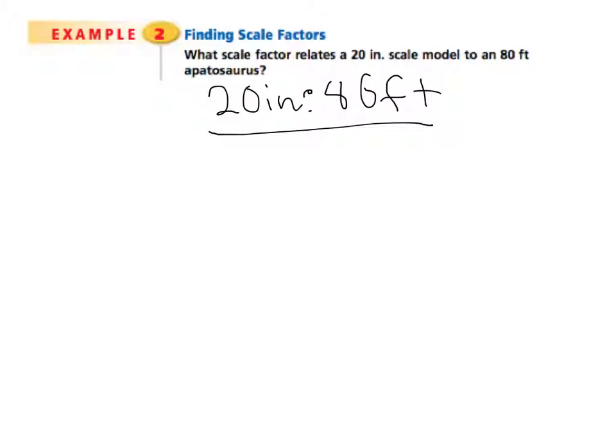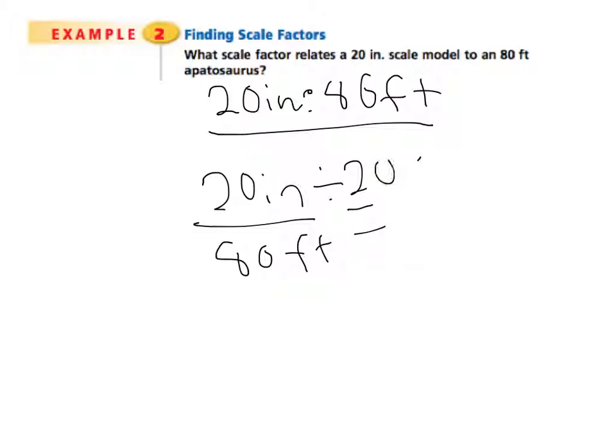So what we're going to do is we know it's 20 inches to 80 feet, and then you guys should always be showing your work exactly like I'm showing over here. So always write this down first, 20 inches to 80 feet. Then we do 20 inches over 80 feet. And then we have to reduce the scale, the ratio, and simplify. So we're going to divide by 20 on both sides. And then we get 1